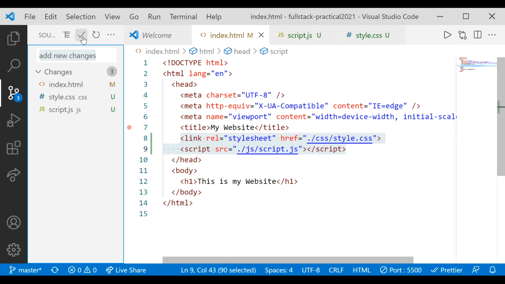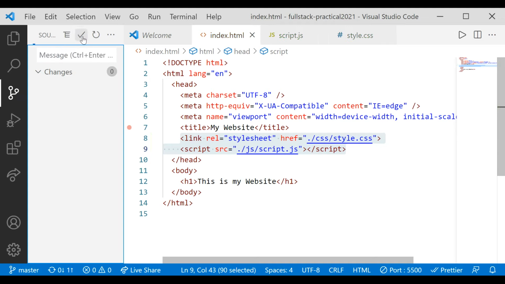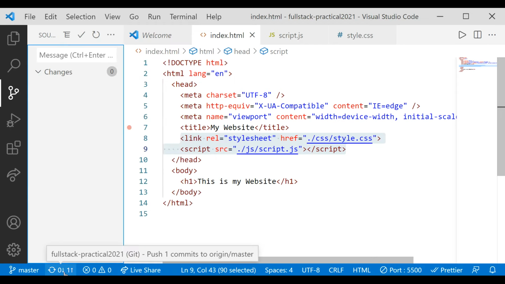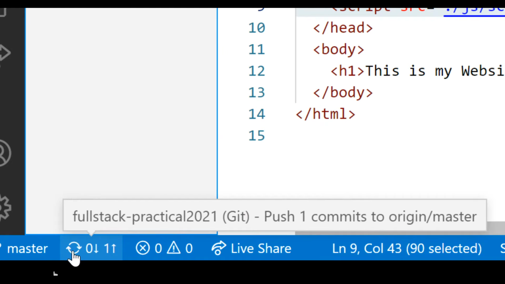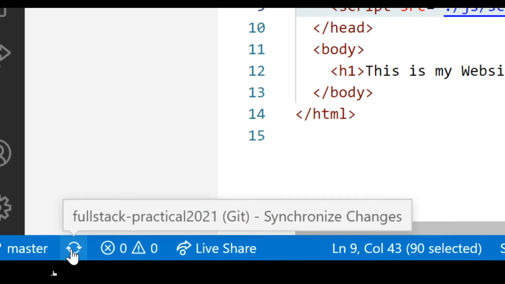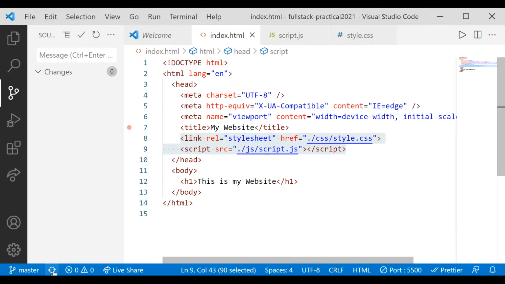And I'm clicking on this commit button. Now see, ये आपकी लोकल रिपोजिटरी के अंदर अपडेट हो चुकी है। Now what should I do? I want to make it live, to make it push into your central repository. उसके लिए क्या करेंगे, हम पुश करेंगे। तो हम यहाँ या तो इस पुश बटन के थ्रू हम डेटा को पुश कर सकते हैं, otherwise you can also use this sync button. आप इस सिंक बटन के ऊपर भी प्रेस कर सकते हैं। So when I click on this sync button, and you see it again starts moving, so it means it's synchronizing our changes into your GitHub repository. Okay, now it has stopped, so it means